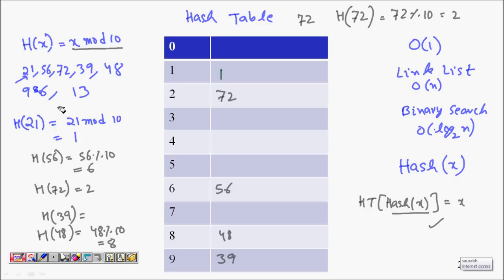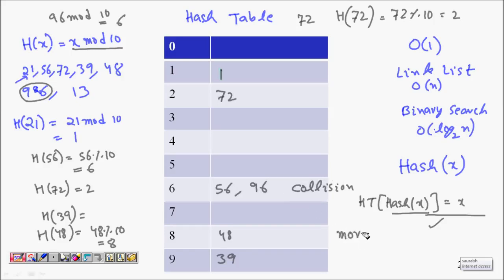But when we see our next input, which is 96, let's see what happens to 96 mod 10. This is again 6. We already have one element here. If I was using this method, it would directly remove 56 and 96 would be there. But we don't want that. We are hashing something, so what is the approach here? At least I know there is a collision. So this is one problem.